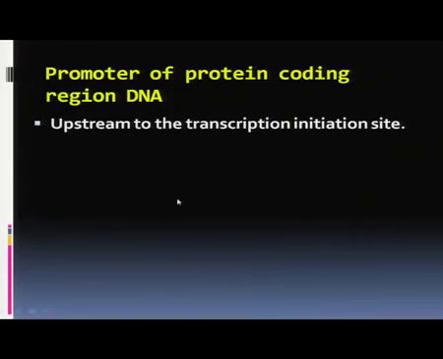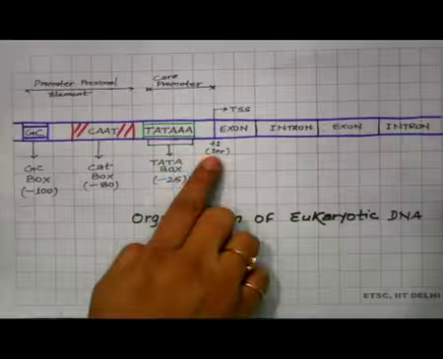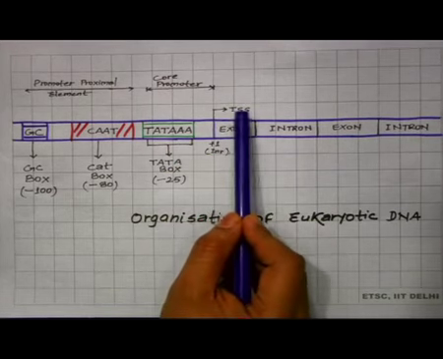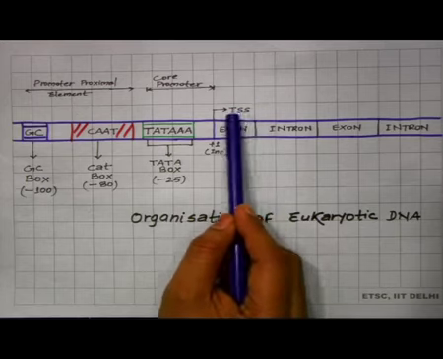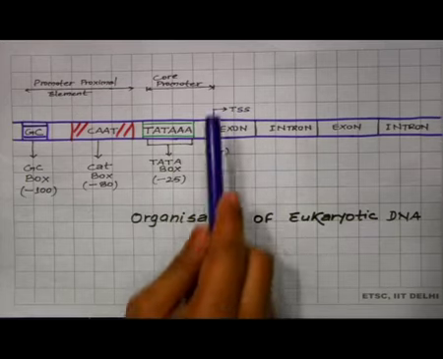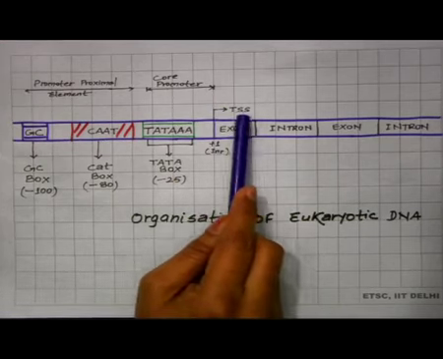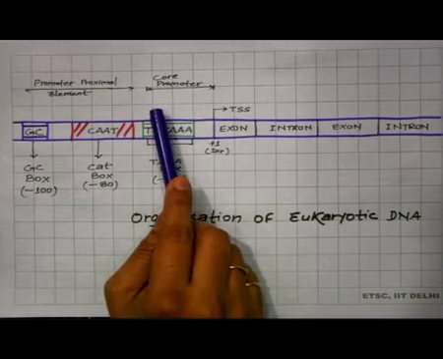So, promoters are arranged upstream to the transcription initiation site, as I explained in my earlier session. The sequence from where the transcription is going to start is called the transcription initiation site or transcription start site. The nucleotide sequences to the left of the transcription start site are considered upstream, and promoters are always found in